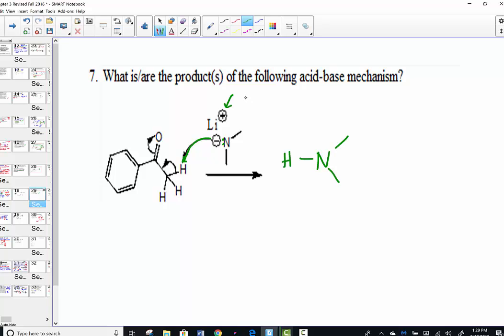Remember, when you see an Li, it's a spectator ion. So you'll know that that's just still floating on the product side. It was left unchanged. So there's the first product. It's a protonated form of the original amine group. Now track what's left. I have a benzene ring, so I might as well go ahead and draw that. That's not going to change. And then attached to it,